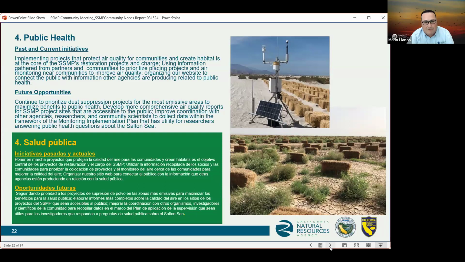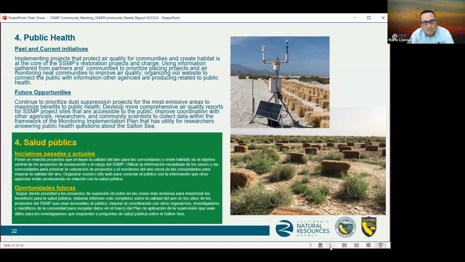We're using information gathered from partners and communities to prioritize placing dust suppression projects near impacted communities to protect air quality. We are currently working to update our SSMP website to include a resources tab where the public can learn more about air and water quality in the Salton Sea region.